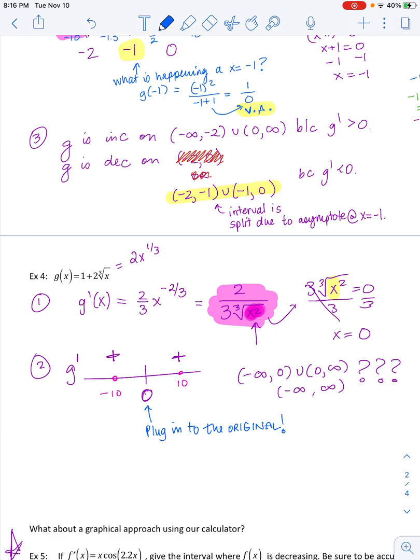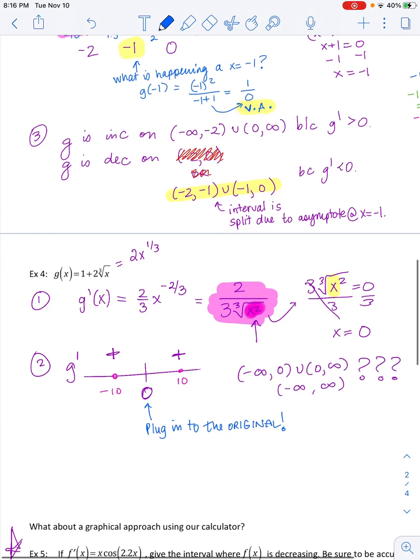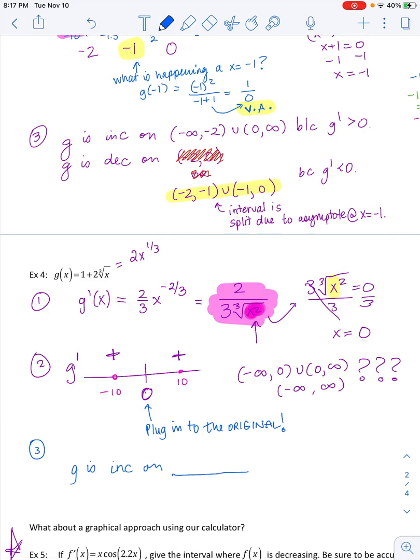Okay, so I'm going to leave this one up to you, and then don't forget at the end for step 3, when you decide G is increasing on, you put the interval. Don't forget to write, because oh, God, I'm addicted to that. G prime of x is positive. Okay,